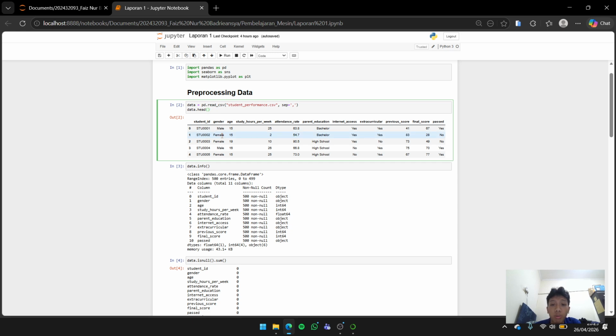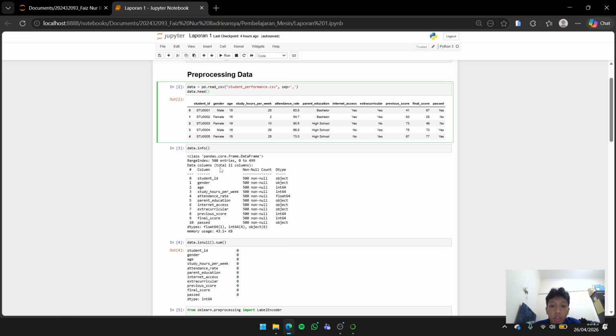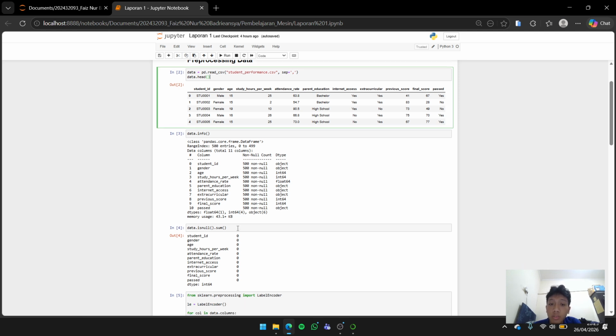This helps me understand the structure of the dataset. I also use the data info function to check the data type of each column and to verify whether there are any missing values. From this step, I found the dataset does not contain missing values, so no imputation is required.